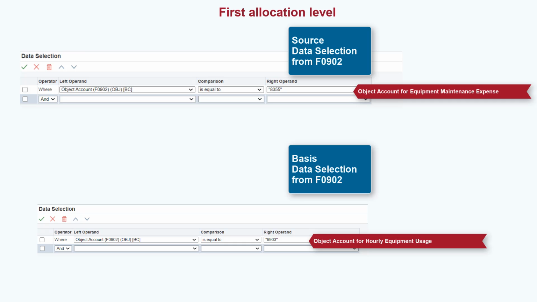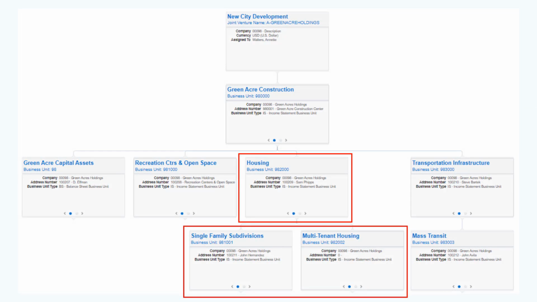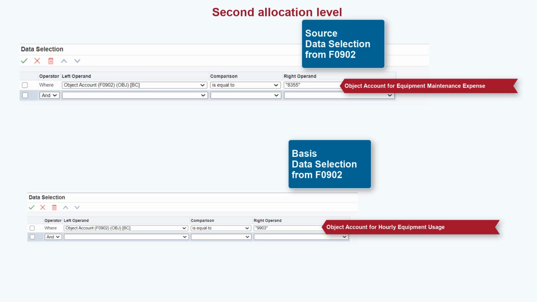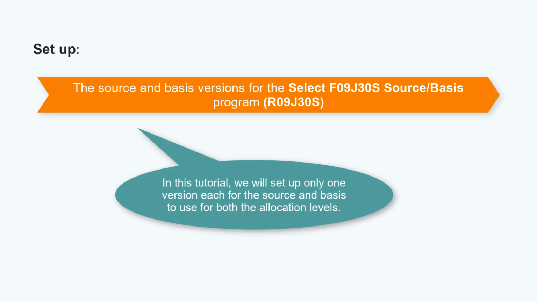Next, set up the data selection for the second level of allocation to allocate the equipment maintenance expense from the business unit 982000 to its child business units based on the equipment usage hours. Next, set up the source and basis versions for the R09J30S program. For this tutorial, we will set up only one version for each of the source and basis to use for both the allocation levels. The R09J30S program enables you to select the joint venture data to be combined with the